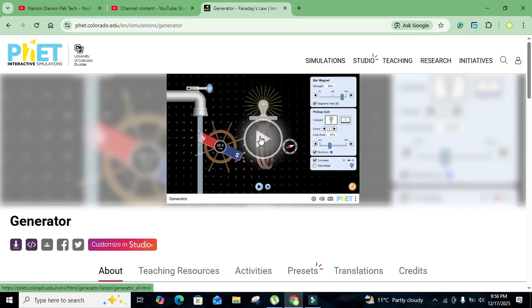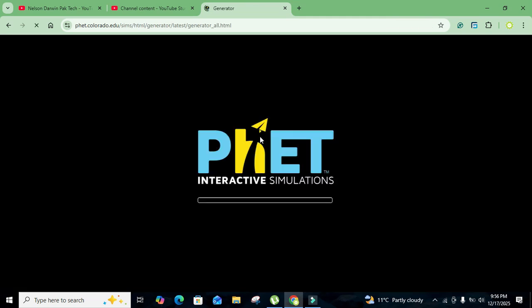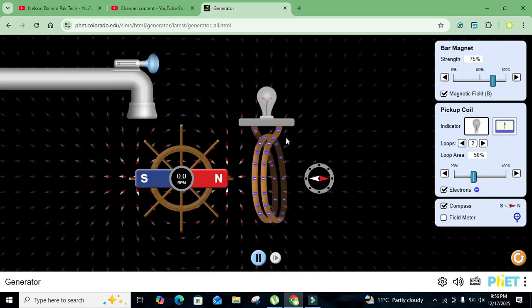Now we need to click on this simulation, wait for a while. Okay guys, now we can see that we have our apparatus properly built up. Now we can see that we have one water source, we have one turbine, and on the turbine we can see this bar magnet mounted, and the bar magnet is placed near this coil,